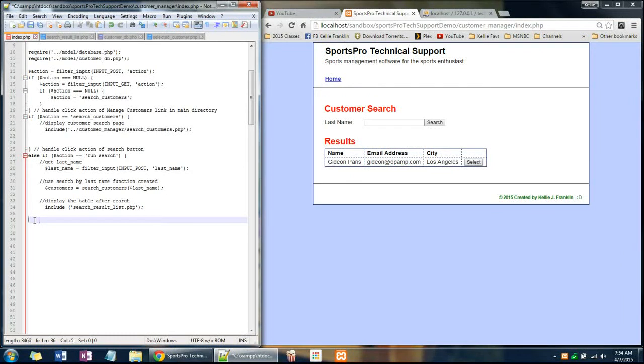Let's bring that up. I've already got it here. So we want to handle the click action of this select button. So if action is select customer, then what we're wanting to do is to display Gideon Paris with all of his information. So we got here by searching by last name, but this time last name will not be enough